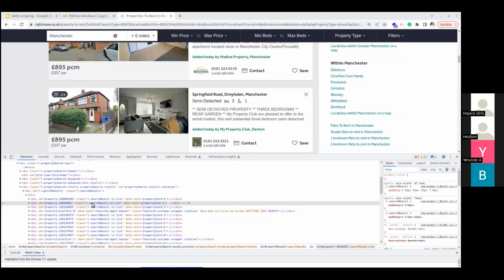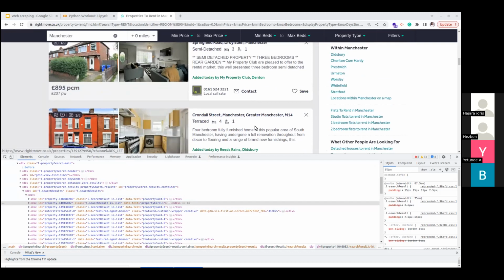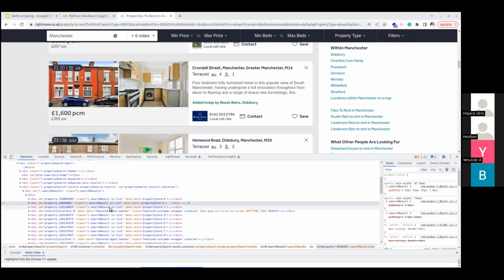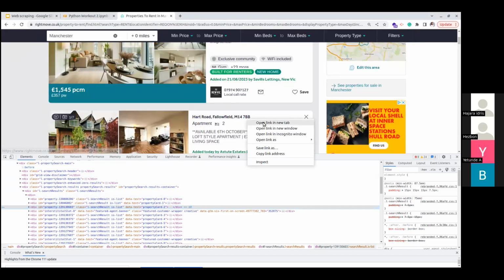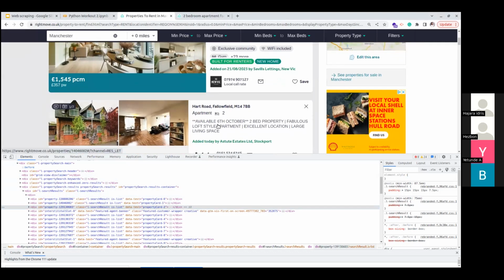So we will see that the class is common across each of these divs that you have here. So brilliant, that's one step to it. Now let's open each of them. So I've opened this house, right?